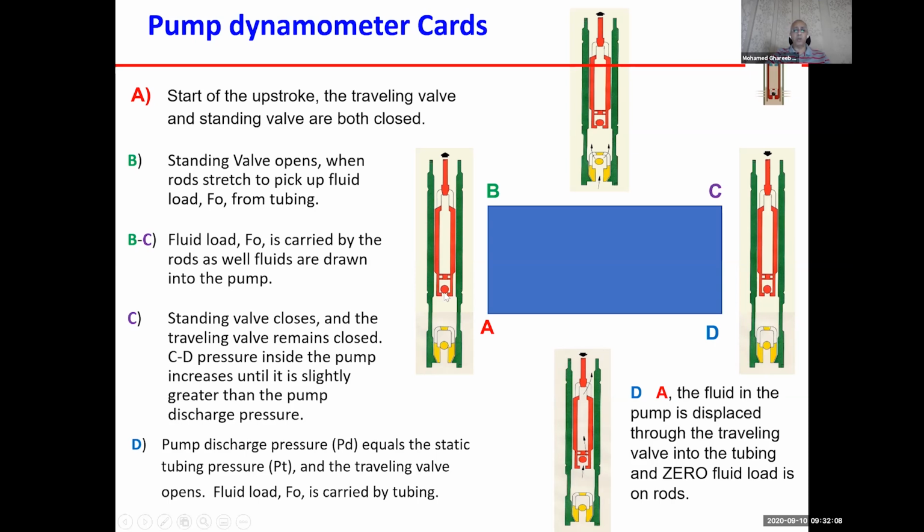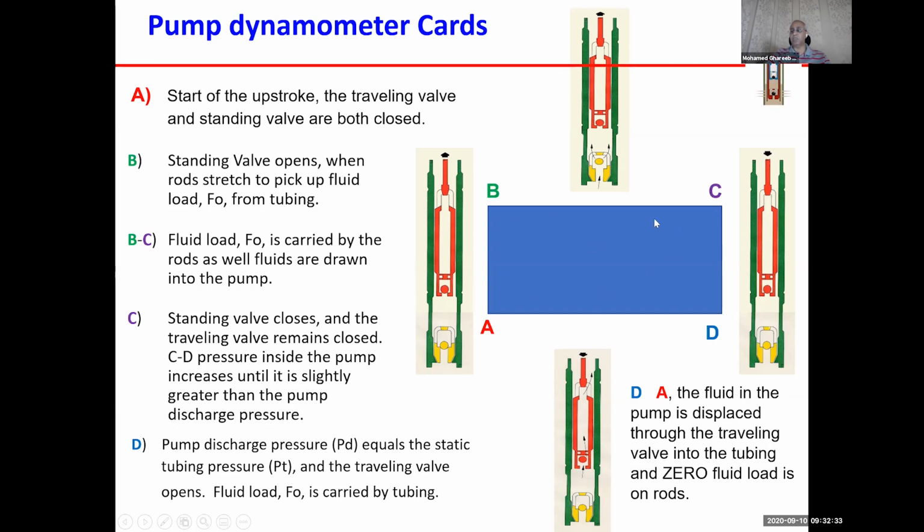Then all the load starts to be transferred from the standing valve, from the tubing, to the top of the traveling valve, which is lifted by the rod string. Then the rod string stretches. This line can be vertical like this, or a little bit deviated like this, depending on your rod string and design. But in the ideal case,